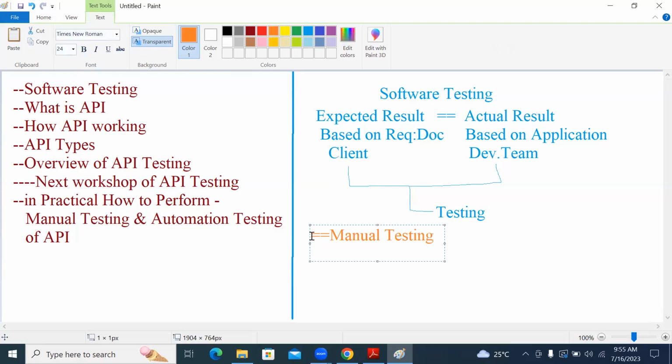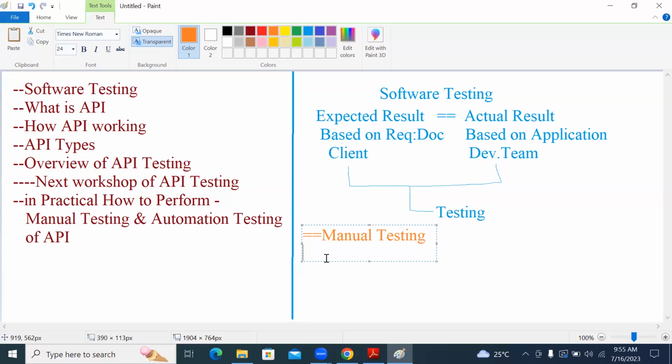We used to hear about only manual testing, but slowly the testing market increased and the client expectations increased. So nowadays you hear about different types of testing.